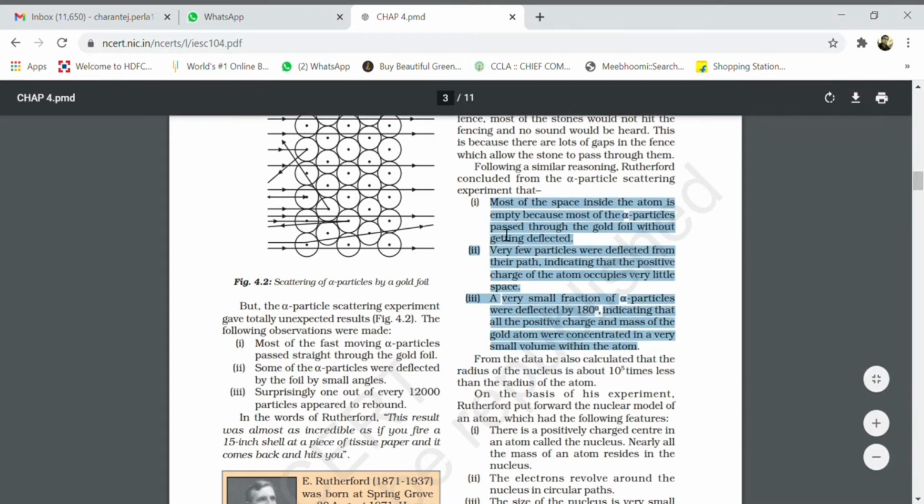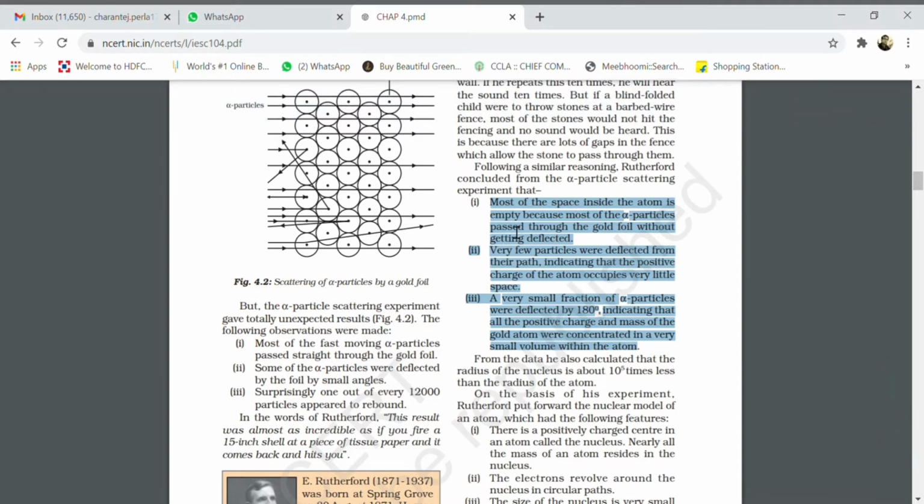So he told that most of the space in the atom is empty because most of the alpha particles pass through. So he thought that positive charges were all spread over the atom, but it did not happen because positive and positive charges repel. So if most of the atom was filled with positive charge, which is protons,